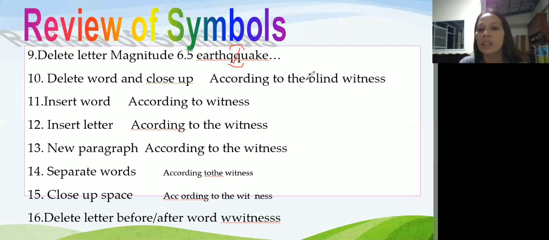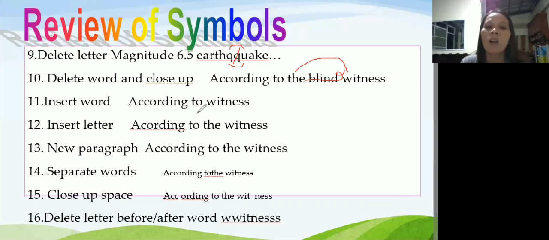According to the blind witness, you have to delete blind kasi siya ay opinion. Hindi naman siya verbal deadwood. Siya ay opinionated nga. At saka witness na blind pa. Okay, you have to close it up using the symbol.